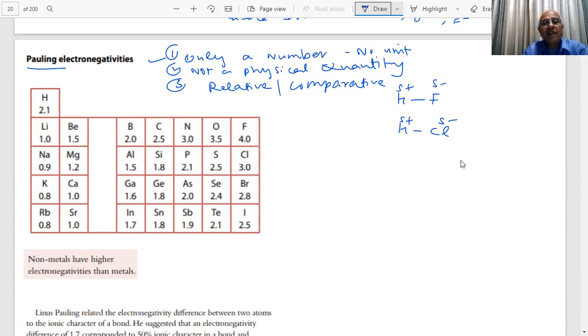Now let us have a look at these, students. The Pauling electronegativity values. Hydrogen is 2.1. What do you see in this table? Fluorine has got the maximum value. What is the maximum value given by Pauling? First point, fluorine, 4.0. This is the highest value. This is the most electronegative element. Which is the most electronegative then? Fluorine.